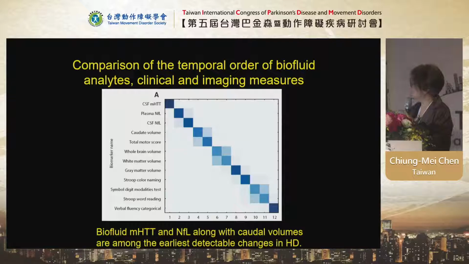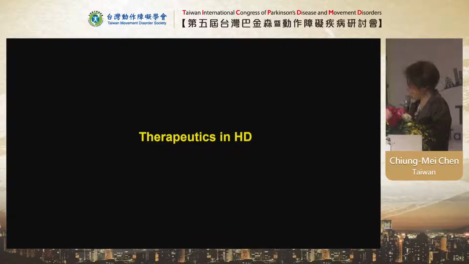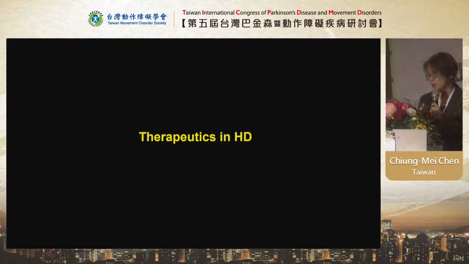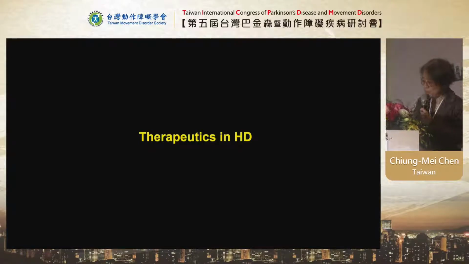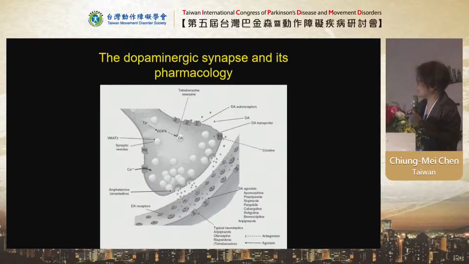So up to now, biofluid mutant huntingtin and NFL, along with caudate atrophy, are among the earliest detectable change in Huntington disease. So we have some useful biomarkers in clinical trial, and I will talk about later how they are used in clinical trial. Up to now, there is no therapeutic to prevent progression in Huntington disease, but we do have some symptomatic treatment. As you can see here,